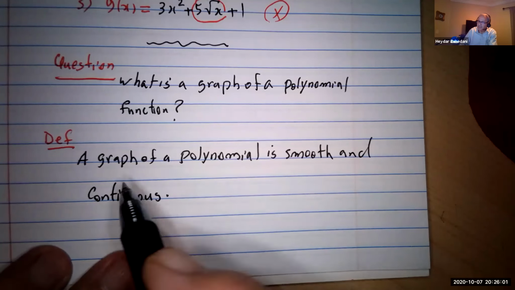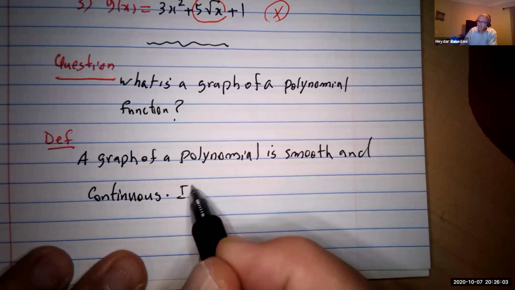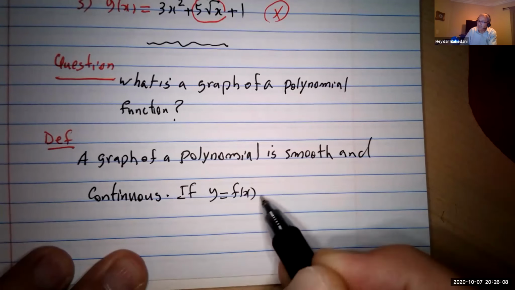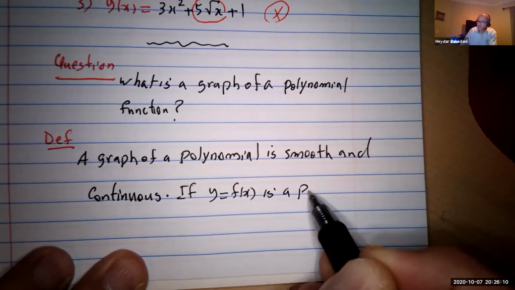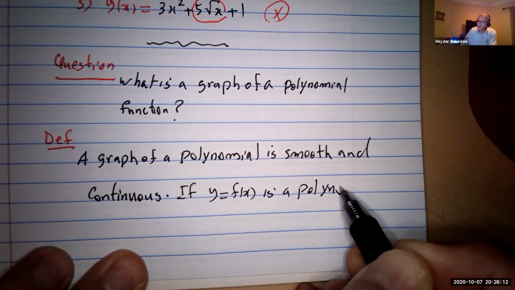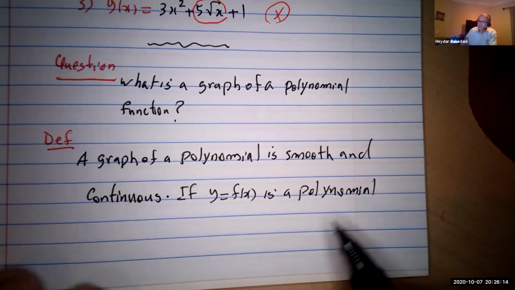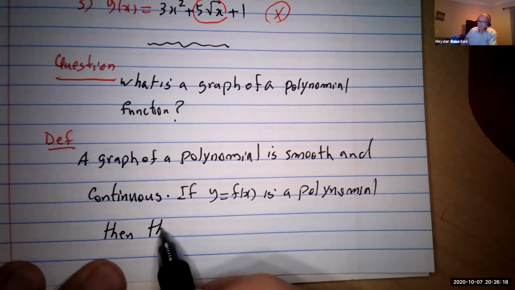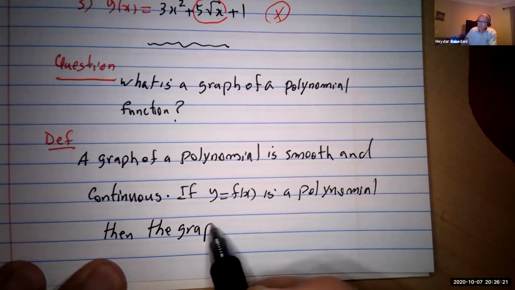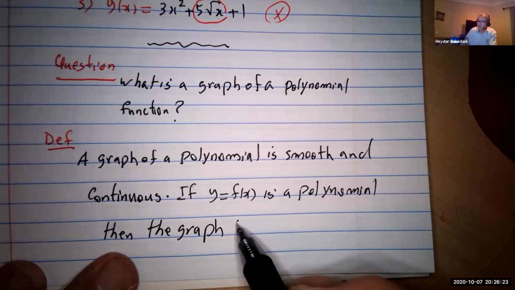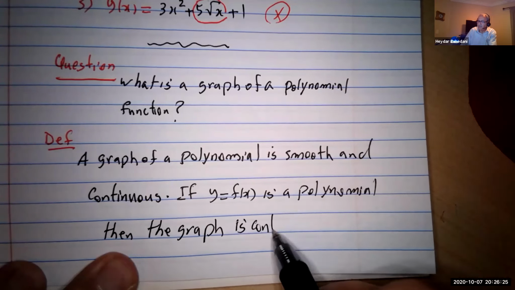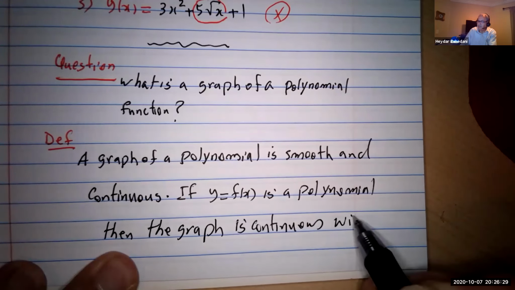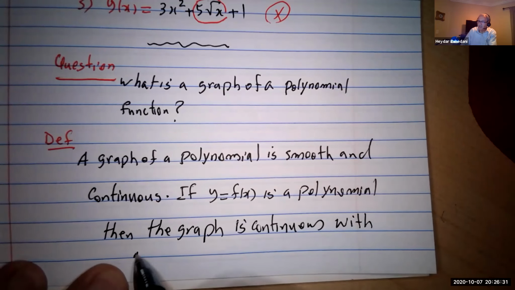So this means if y equals f of x is a polynomial, then the graph is going to be continuous, one piece, with no gaps,